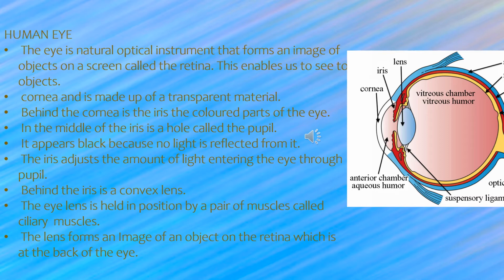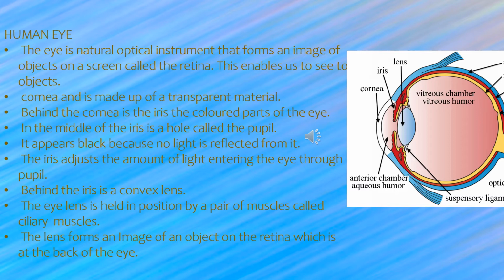When you go to a bright room, the iris will reduce the size of the pupil, so that a smaller amount of light enters, which is more than enough for us to view the object. Whereas when you go to a dim area, the iris adjusts so that the pupil expands, and the size of the pupil increases, allowing a large amount of light rays to enter to see the object perfectly.